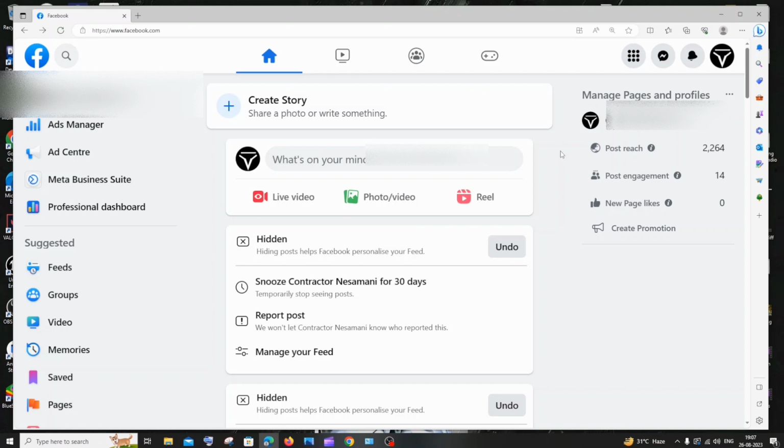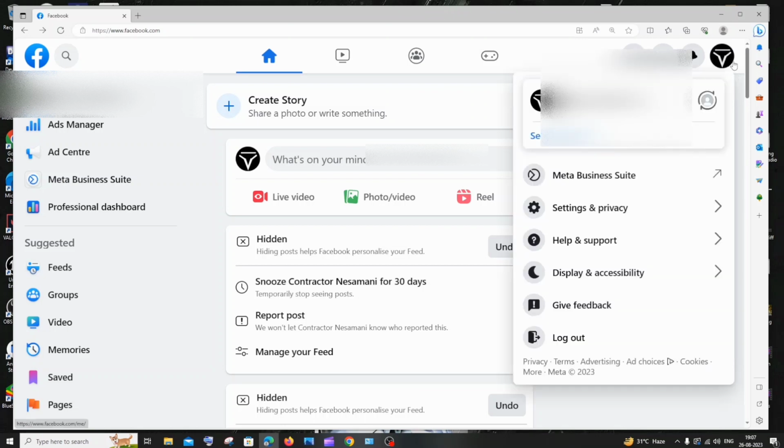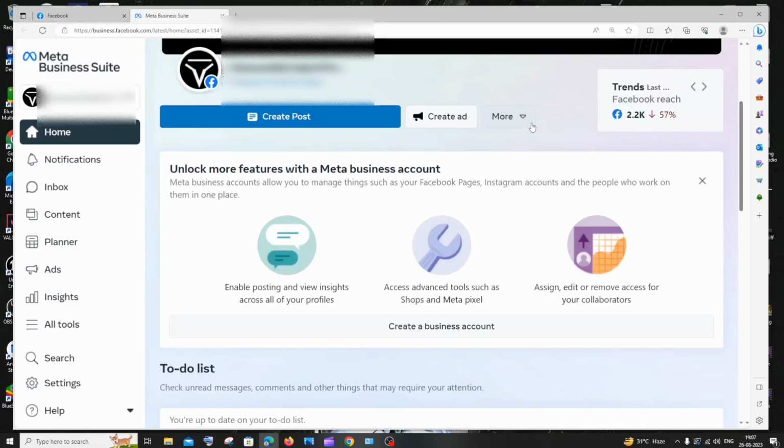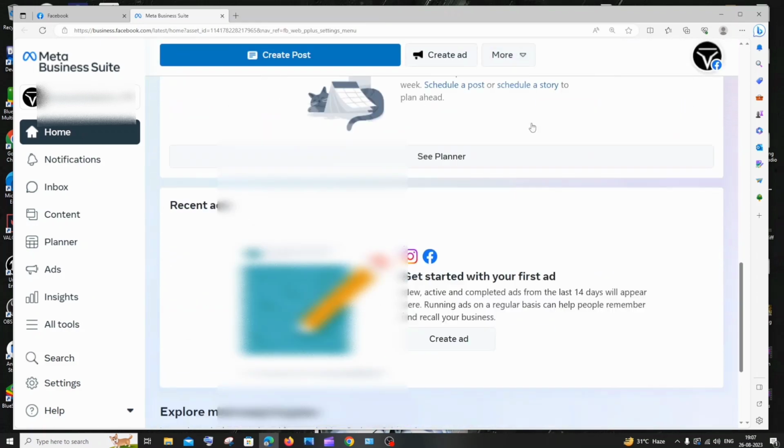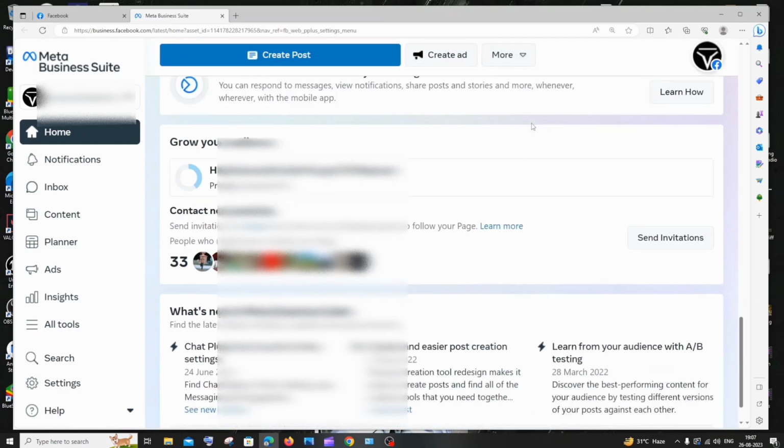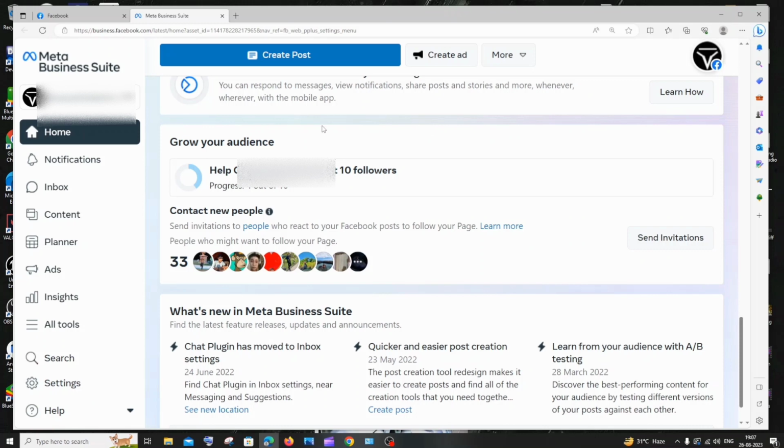First, you need to go to the home screen of your Facebook page, and in the rightmost top corner you'll have your profile. Just select that, and in this you'll have Meta Business Suite. Just click that, and on this page scroll down to the last, and here you will have something called grow your audience, contact new people, and it